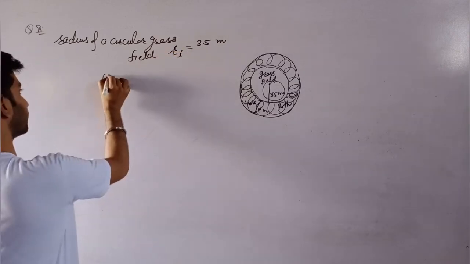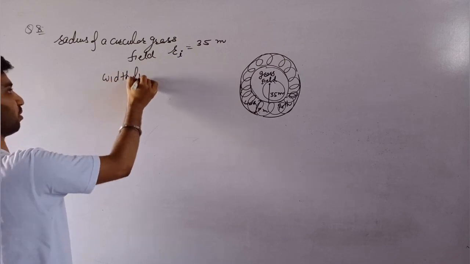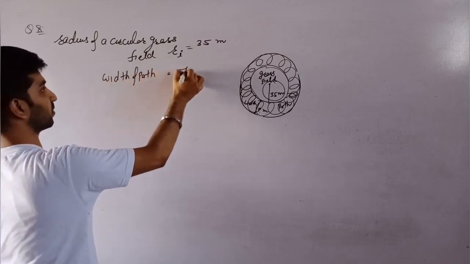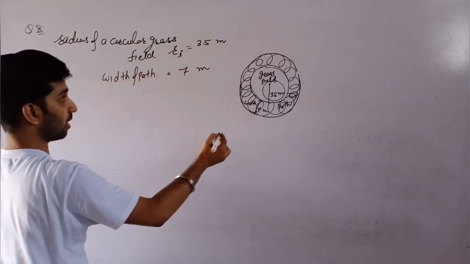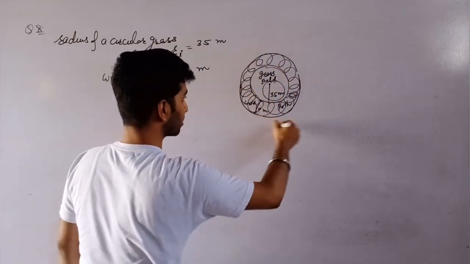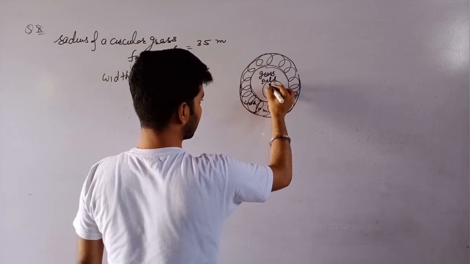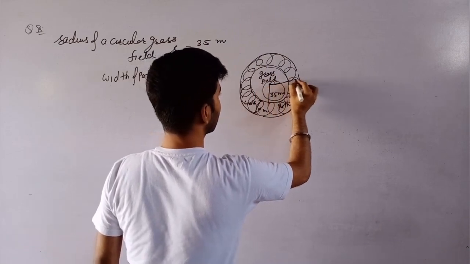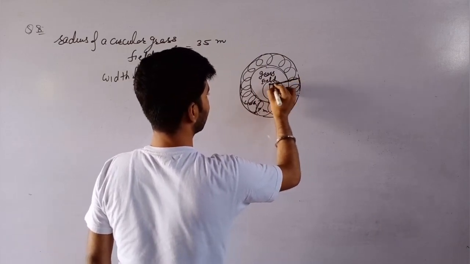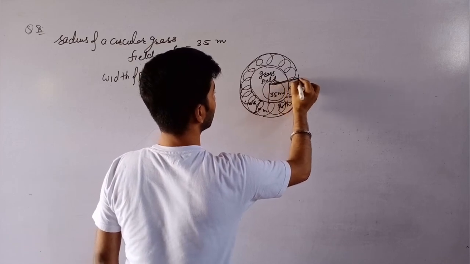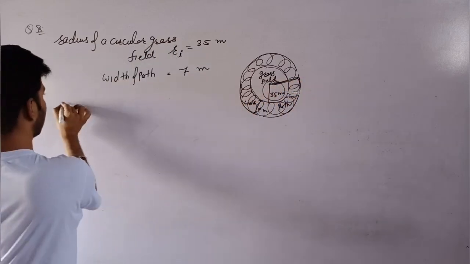और विड्थ ऑफ पाथ कितनी है, 7 मीटर। अब हम क्या कर रहे हैं, जो ये आउटर सर्कल है इस तरह फाइंड करने के लिए, वी विल फाइंड द रेडियस ऑफ आउटर सर्कल। ये सेंटर, ये रेडियस है आउटर वाली, ध्यान से देख लें, ये जो बनाई है लाइंस, ये है रेडियस आउटर की।